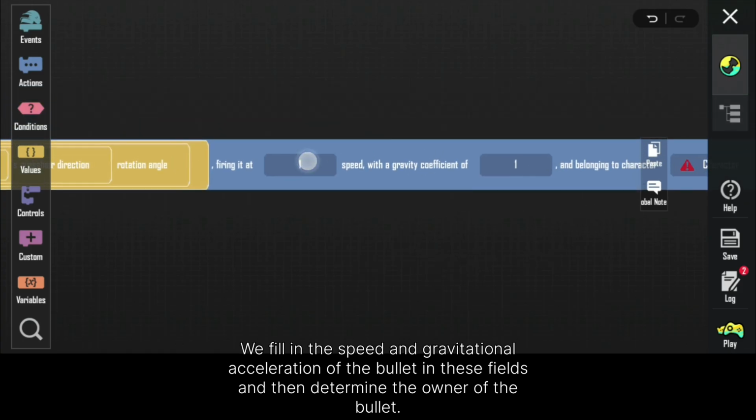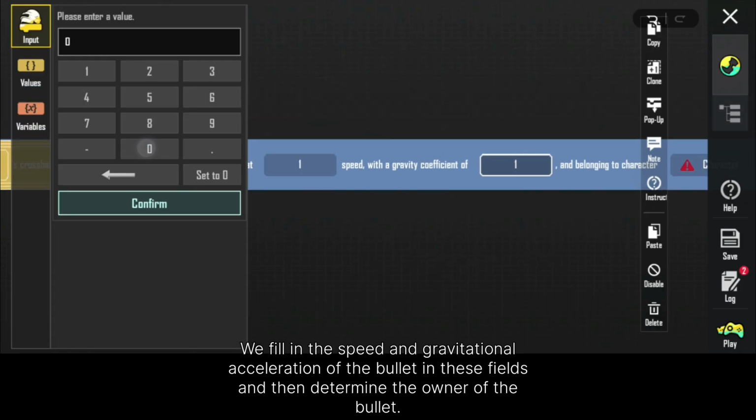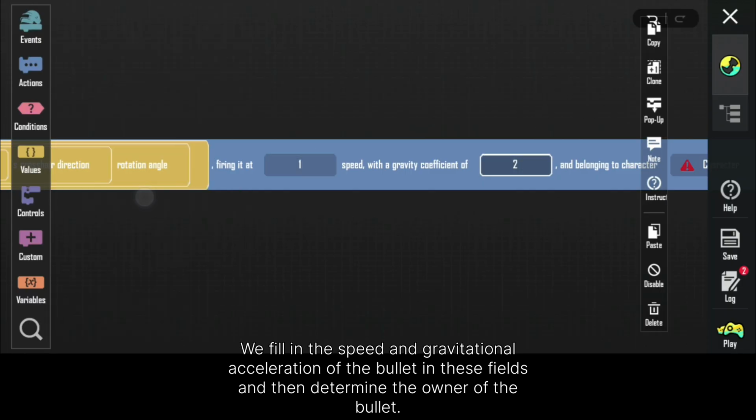You can adjust in this part speed and gravity values, and also determine the owner of the bullet.